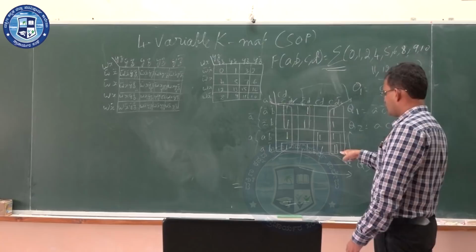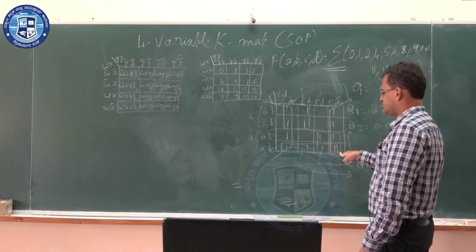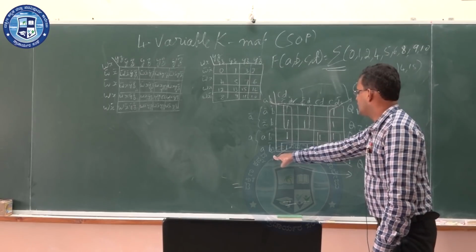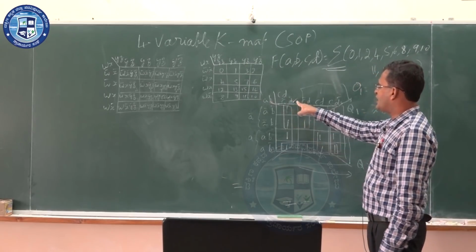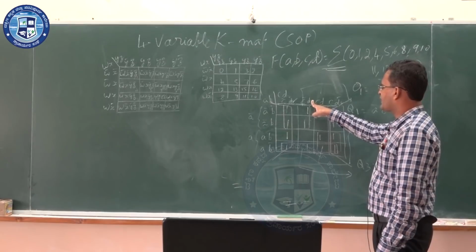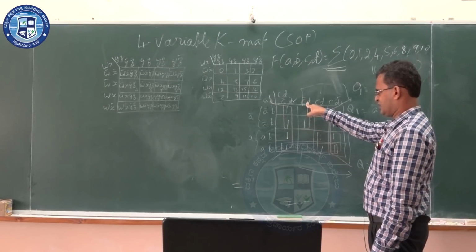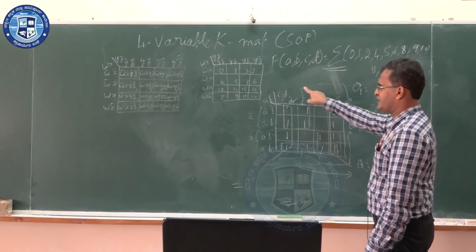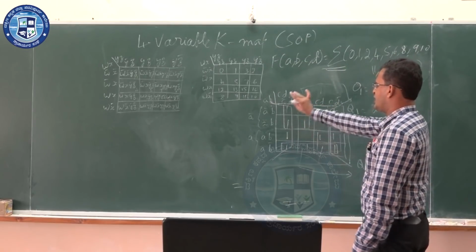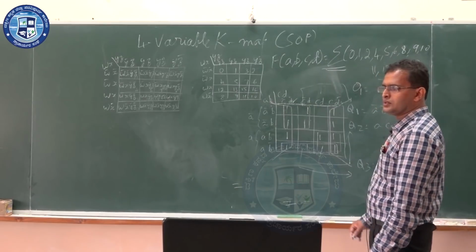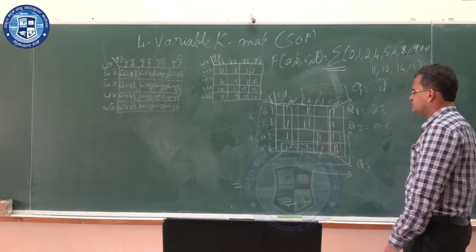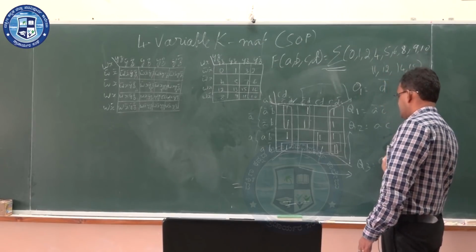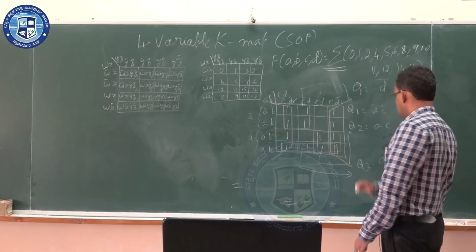Q3, this entire row last is nothing but AB bar is the answer, because here C bar D bar, C bar D, C bar is constant, CD and CD bar, C is constant, C bar plus C is equal to 1. So, the entire thing gets cancelled, or the entire thing becomes equal to 1. So, the answer is AB bar.